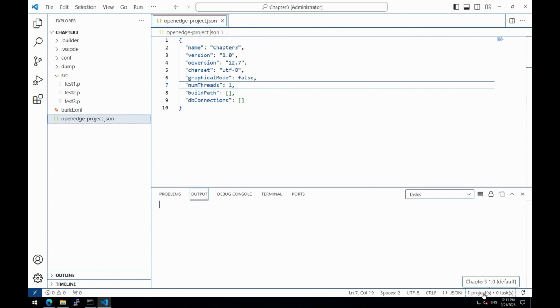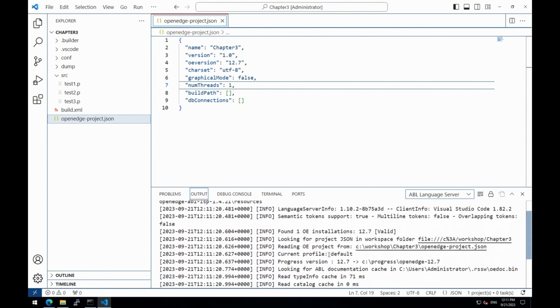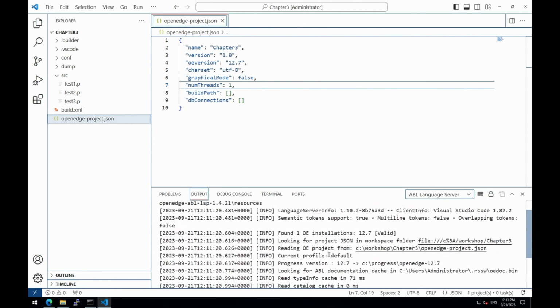So in the status bar, we have chapter 3, version 1.0, and in the default configuration. We can also find some output in the language server. So here, this is the output, and something you should have a look at if you set up your project. This is exactly where you will find the information of the language server in the background.